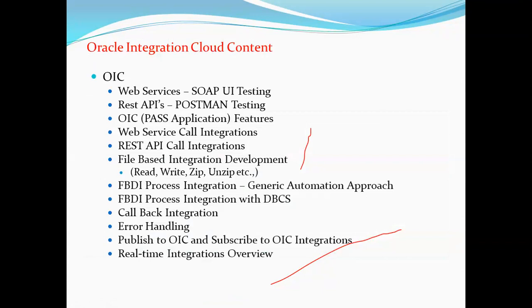This is the most important topic for us in order to automate the process from legacy systems to the Fusion application or Fusion applications to legacy systems. It will act as a middleware layer. Before this, we had a SOA layer in order to transmit the data from Oracle E-Business Suite to your legacy system. Now the SOA layer is completely replaced with the Oracle Integration Cloud application layer. Now this will act as a middleware layer in order to communicate the data from Fusion to legacy or legacy to Fusion application.